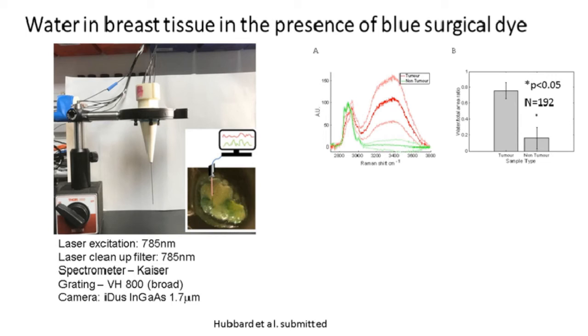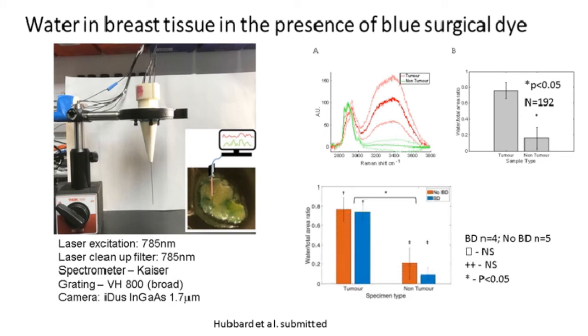So Tom, as part of his thesis and has submitted the paper, which is just under review, used 785 nanometers. And what he was able to do was demonstrate that there's quite a significant difference in breast tissue. These are all frozen breast tissue samples taken from patients during surgery with ethical approval. And looking at 192 samples, he was able to separate out tumor from non-tumor very effectively, based purely on the